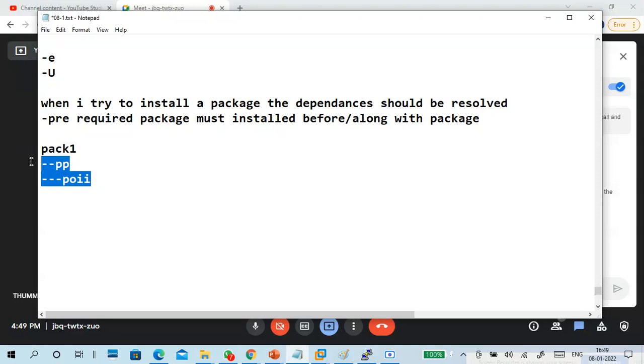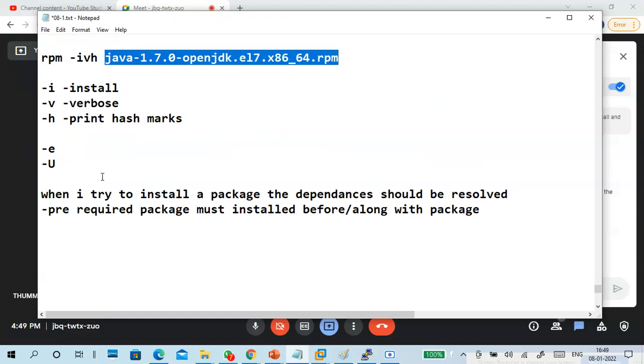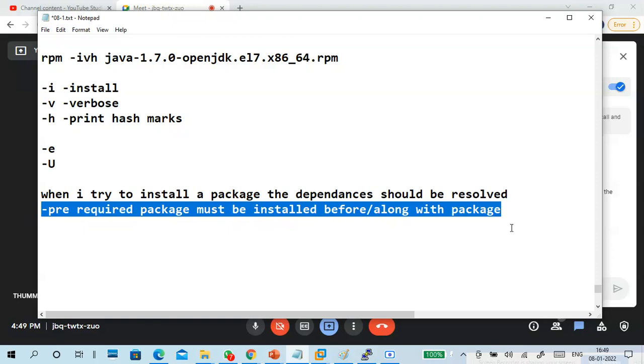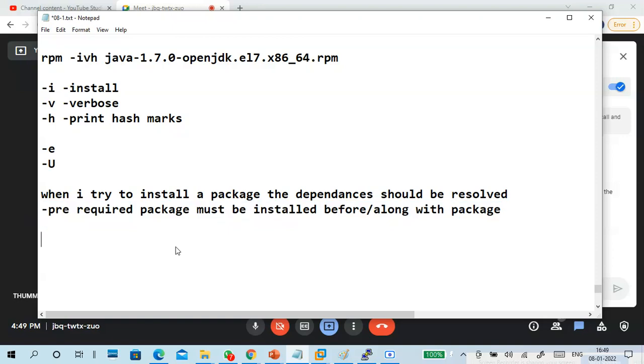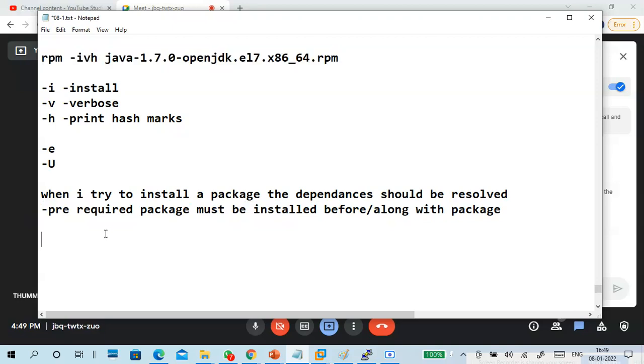One depends upon another, which depends upon another. So when I try to install a package, it may require other packages to be installed along with it or before it. So they're called pre-required packages, which must be installed before or along with the package. That is one thing you should keep in mind. Next, sometimes it is a single package. If it is a single package, direct installation is there, no problem.